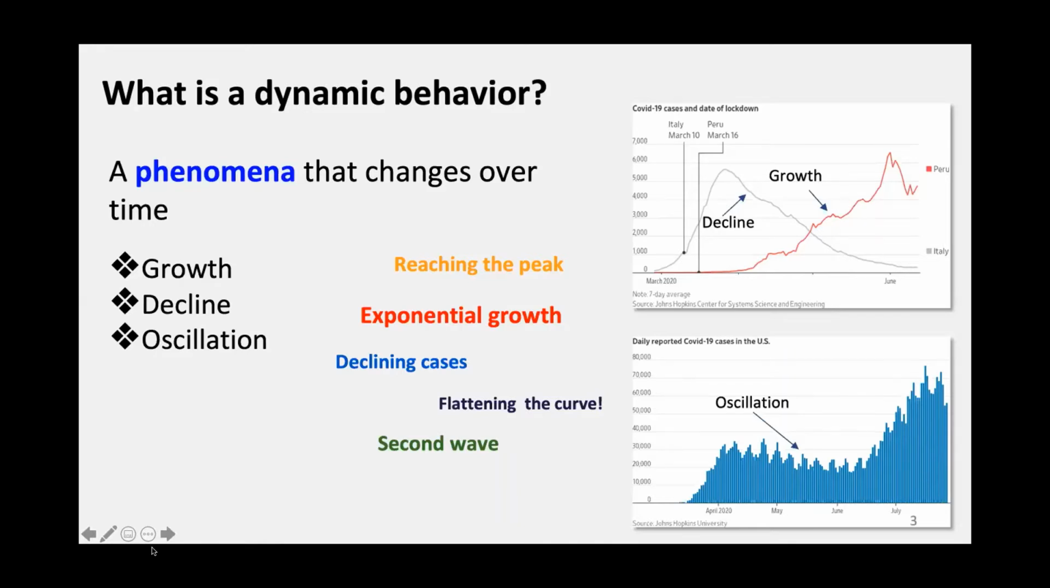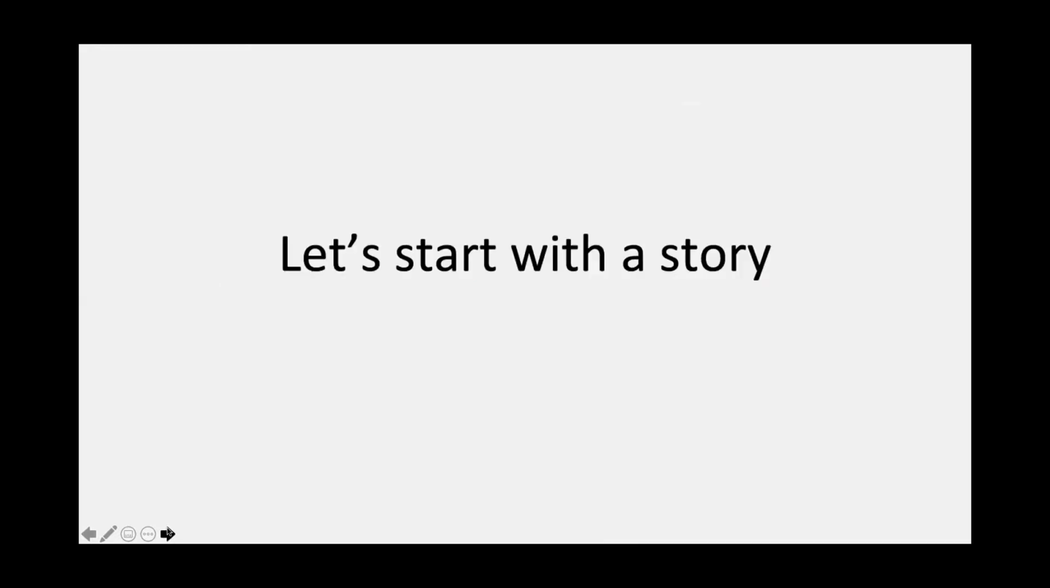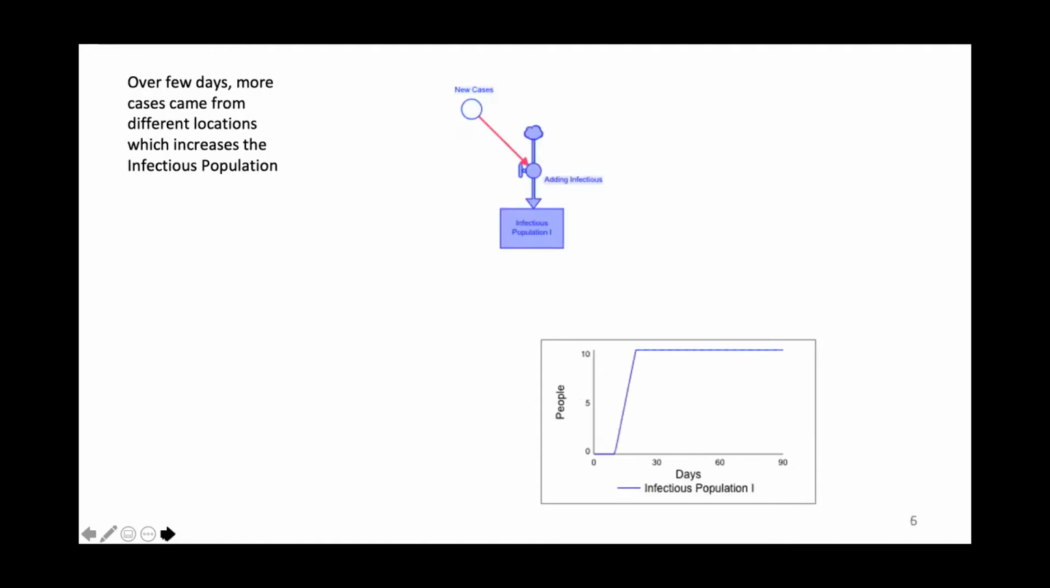And to understand what causes them to happen or to act the way they do, we will use COVID as our story to bring us to the understanding of the underlying structure. So our story goes, and I think that's very familiar: the COVID-19 story started with a case. If you see down the bottom here in the chart, you see a case of COVID started. More cases came from different locations, which increases the infectious population. I'm going to explain what that is, but we can just see that it increased from 1 to 10